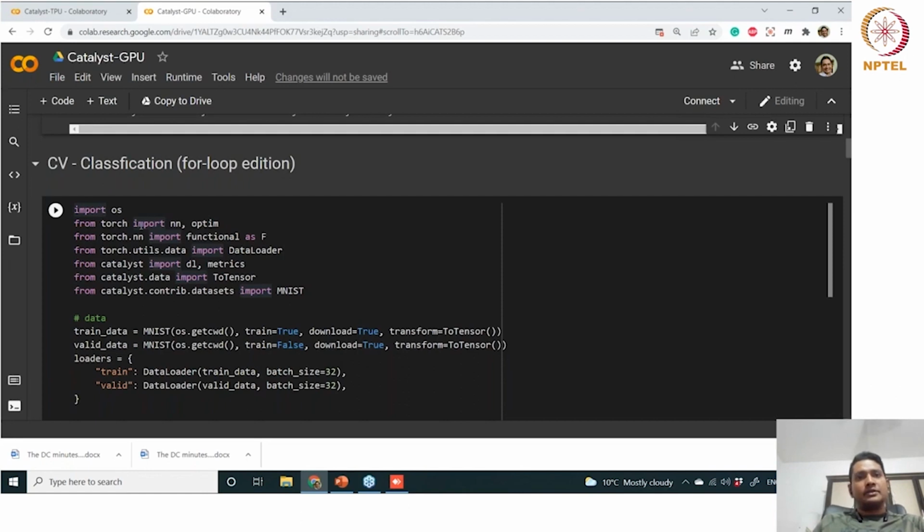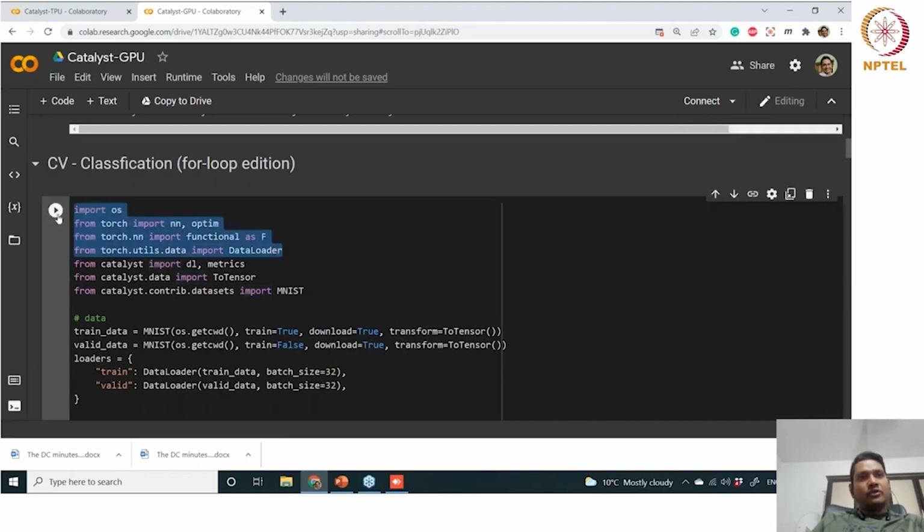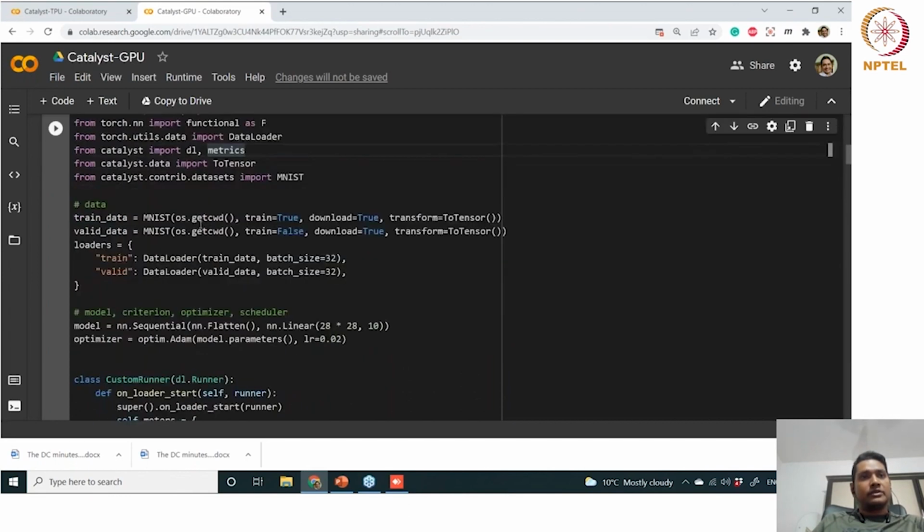Okay, so the same things that we have described so far, like one classification training module. Basically, we have the same torch and libraries that we have imported so far, and some Catalyst libraries we need. Also, the Catalyst datasets module has support for almost all the popular datasets, available inside it. You can import them. Here we are not using Torch Vision for downloading the data, but you can use Torch Vision. Since Catalyst is being used, we can use Catalyst.